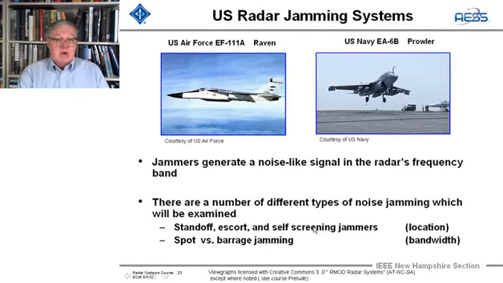A jammer can be on the plane itself, which is the threat, which is self-screening. They'll point in the direction of the jammer, but you won't be able to get a range on it. And then there's spot versus barrage, which I went over. These deal with the bandwidth of the jammer,